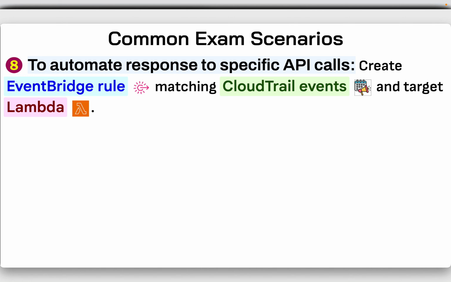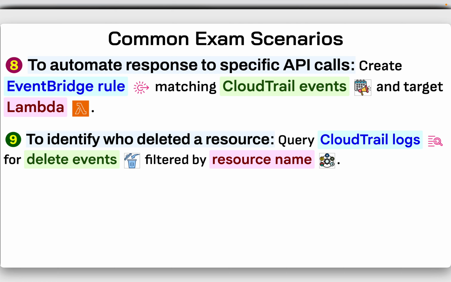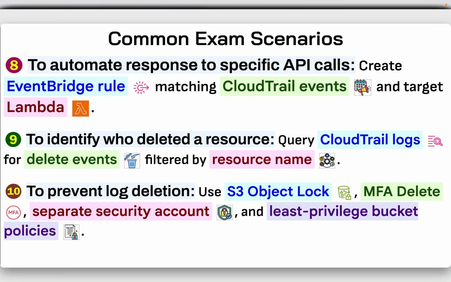To automate response to specific API calls, create an EventBridge rule matching CloudTrail events and target Lambda. To identify who deleted a resource, query CloudTrail logs for delete events filtered by resource name. To prevent log deletion, use S3 Object Lock, configure MFA (multi-factor authentication) delete, a separate security account, and least privilege bucket